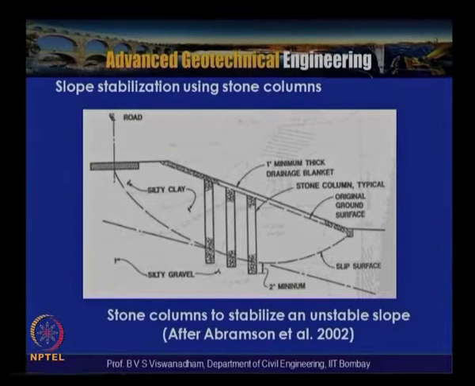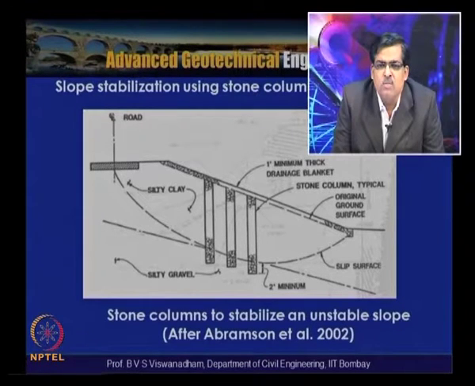So in the staggered pattern, which is also called in plan, the stone columns are placed or positioned in an equilateral triangular pattern, wherein S is the spacing, and each side of an equilateral triangle has a size of S. So with that, between the equilateral triangular pattern and the square arrangement, as far